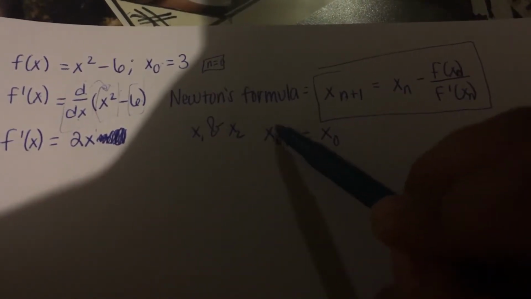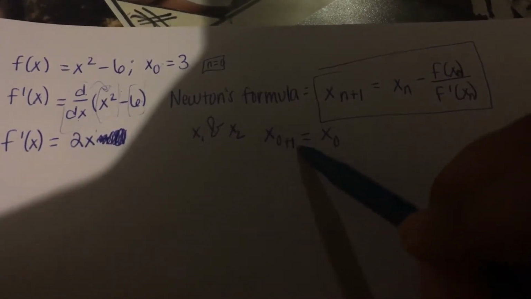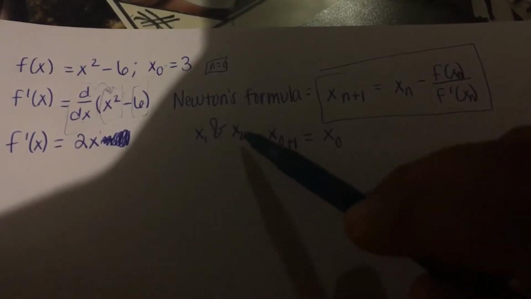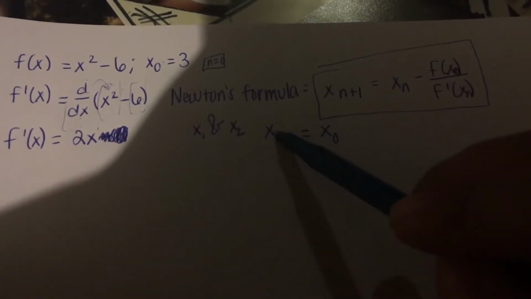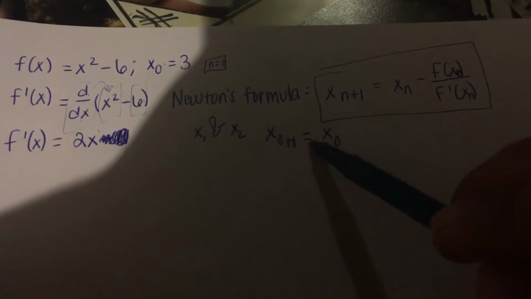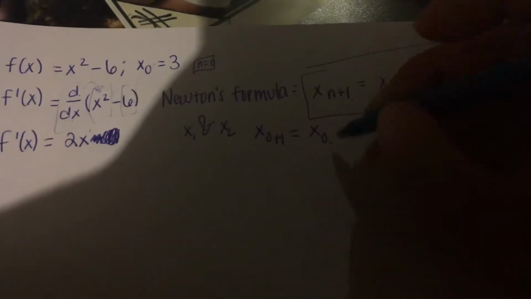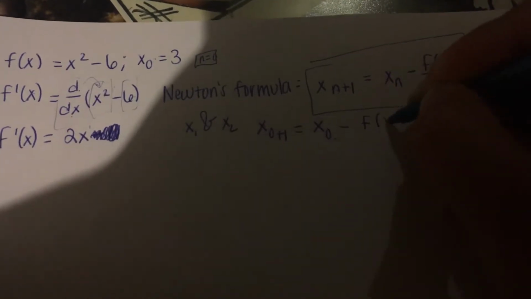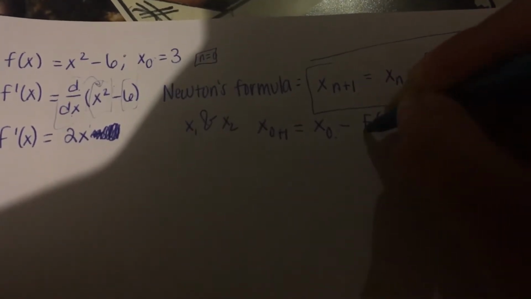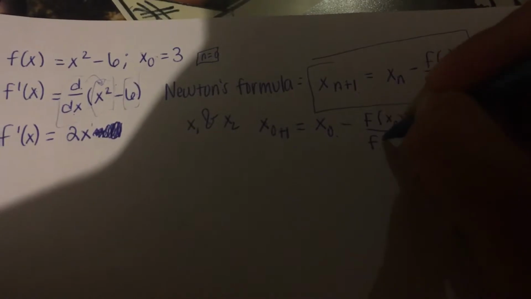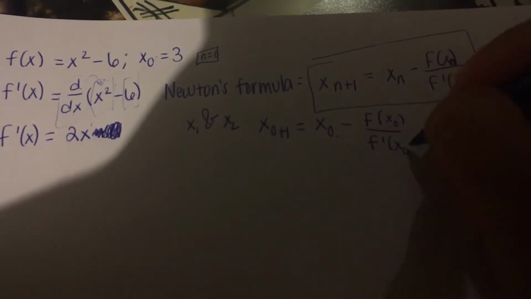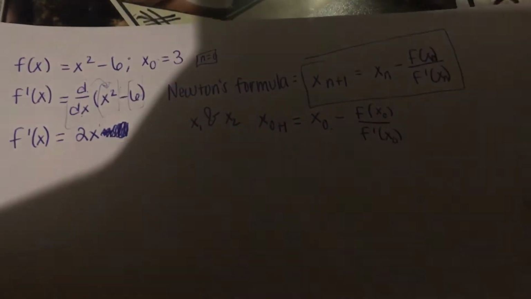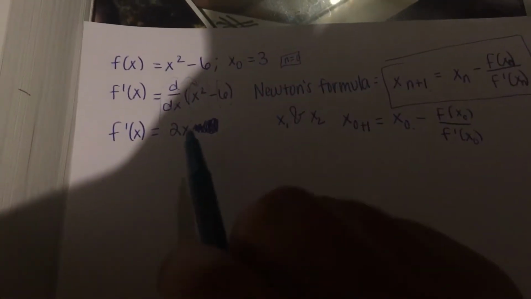There we're going to have x sub 0 plus 1, because for this problem we have to figure out x sub 1 and x sub 2. So x sub 0 plus 1 is equal to x sub 0 minus f of x sub 0 over f prime of x sub 0. Oh gosh, I'm nervous. Alrighty, so what we're going to do,